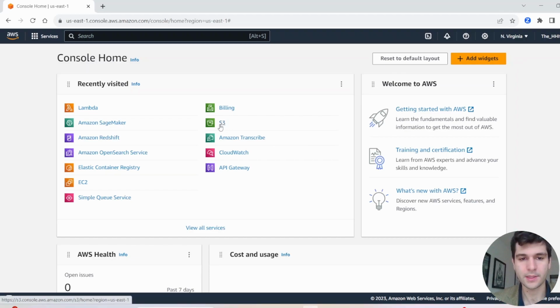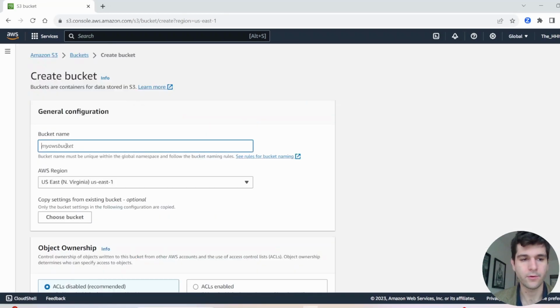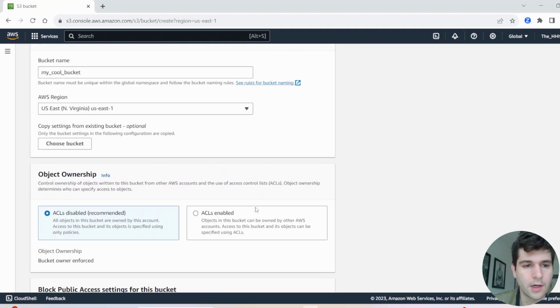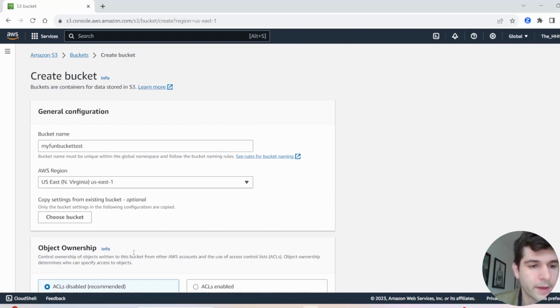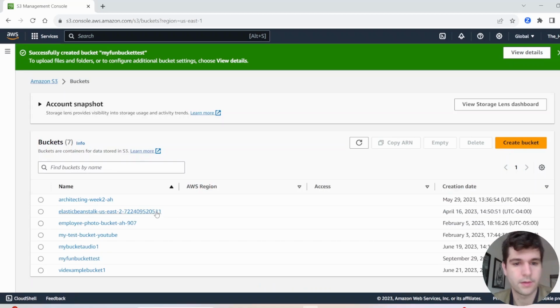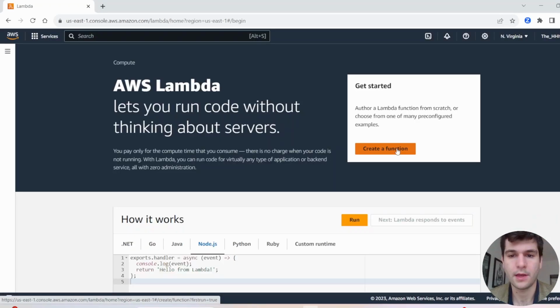All right, so first, let's go into S3 bucket. You'll want to just create a bucket. Pretty straightforward. Give it a bucket name. Literally, I'm leaving this on all the default options here. All right, so we have my fun bucket test. Create bucket. All right, next thing we'll want to do is go into Lambda and you'll want to go ahead